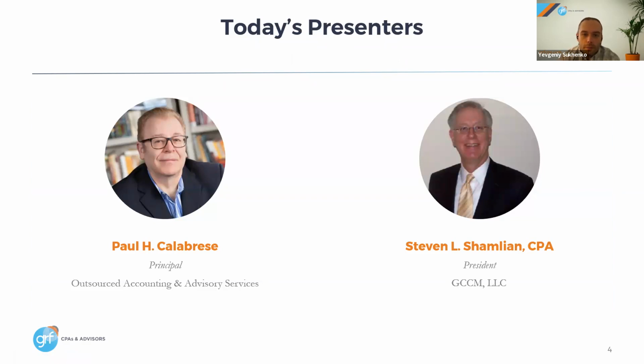So Paul Calabrese is a principal in the outsourced accounting and advisory services department at GRF. He brings a successful track record of working with government contractors. His remarkable career includes positions with the Air Force Audit Agency, Defense Contract Audit Agency, DCAA, and 3 government contractors, in addition to his 20+ years in public accounting. Mr. Calabrese's extensive experience with the cost accounting standards, CAS, and CAS disclosure statements, federal acquisition regulation cost principles, the FAR, and the uniform guidance for federal grants positions him as a sought-after resource and consultant for all facets of federal government contracting and grant cost accounting.